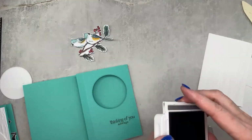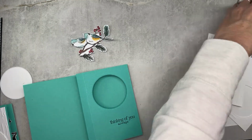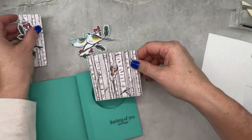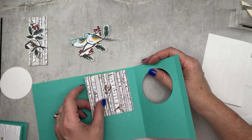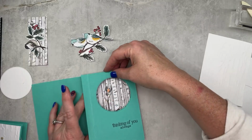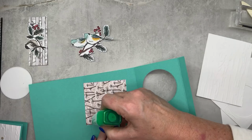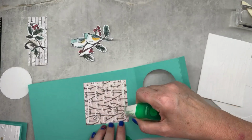To figure out where my sentiment needed to go. All right, so remember we had a couple pieces of designer series paper, so this square is going to go on the inside because that's what we're going to see through our window. So we're going to take and, whoops,